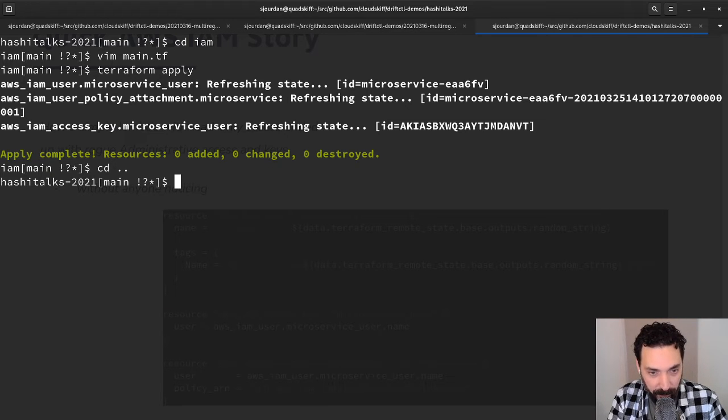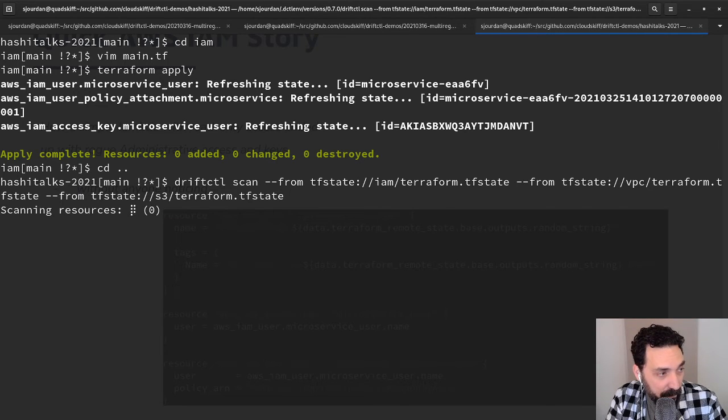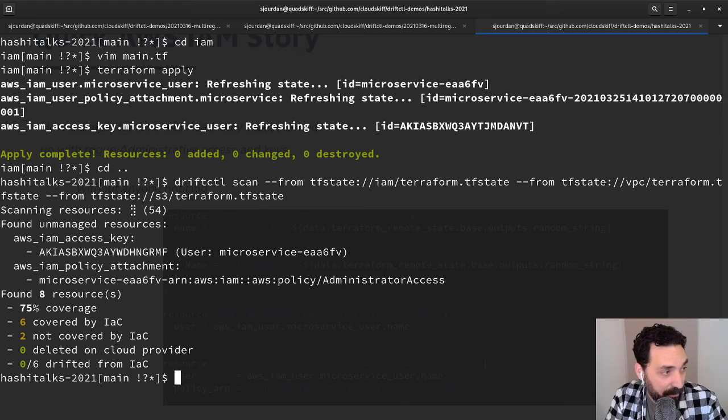So Terraform plan and apply cannot know about it, cannot report about it. It's not its job in this case, so it was perfectly normal. But if they had drift control, you can just run a drift control scan, fed with the states from the IAM, VPC, and S3 for our current stories. They would have seen that